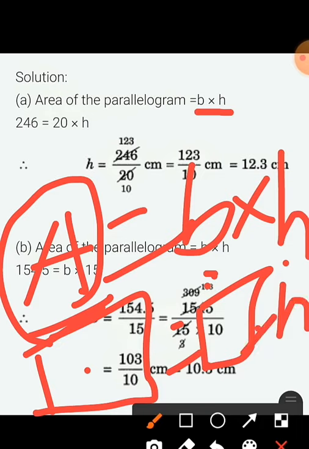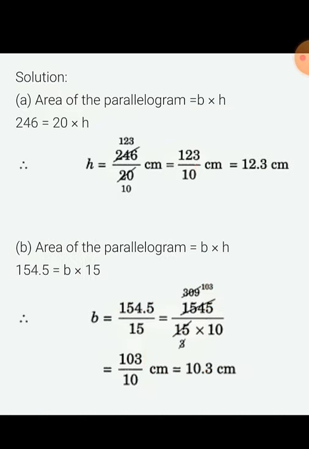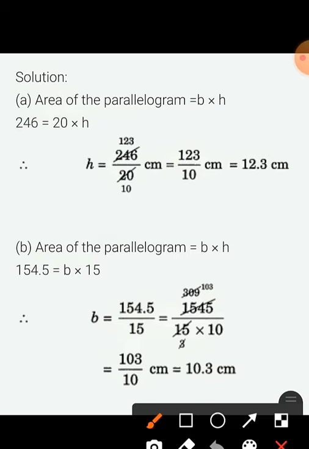Okay, this is in multiplication, so we will take it here and we will do division. So first one will be area equal to base into height. This is the formula for area of parallelogram. Now area is 246, so 246 equal to base is given in first one, base is 20, so 20 into height. Height is not given, so that we will keep as it is, into h. ये h हम इसको as it is put करेंगे. We will not keep here any value, we are finding this.